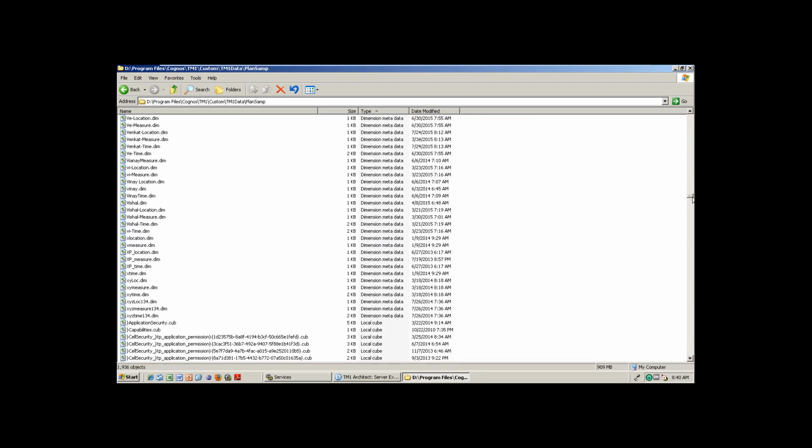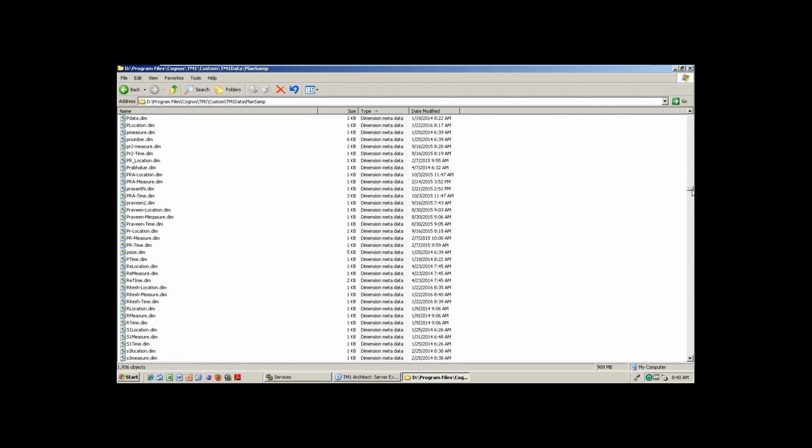I will put it like this, all the dimensions at one shot. So you can see the topmost dim files. Here all the control cubes and everything is there. So this is the first dimension we have created.